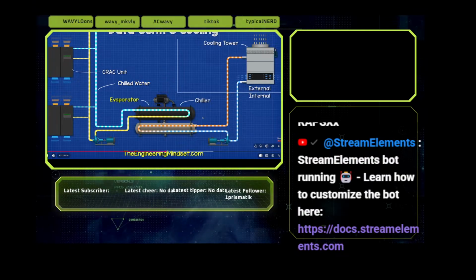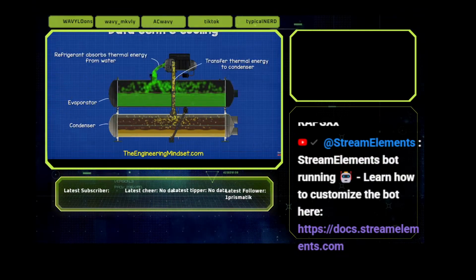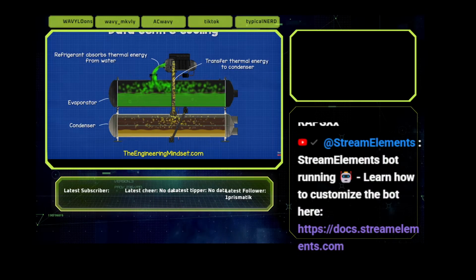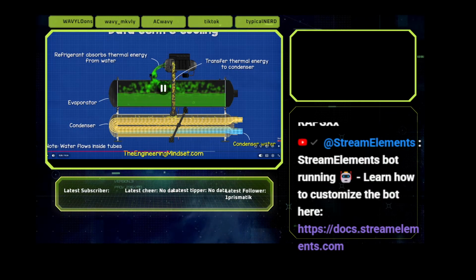returns this to the chiller's evaporator. A refrigerant inside the evaporator collects this heat and transfers this to the condenser. Another stream